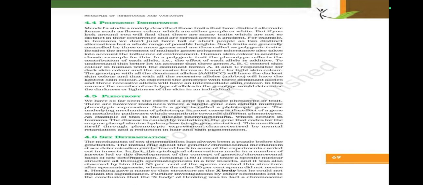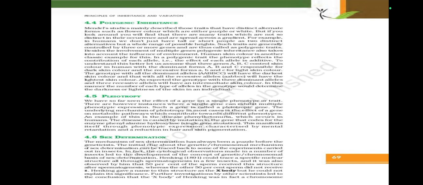Pleiotropy. We have so far seen the effect of a gene on a single phenotype or trait. There are, however, instances where a single gene can exhibit multiple phenotypic expressions. Such a gene is called a pleiotropic gene. The underlying mechanism of pleiotropy is, in most cases, the effect of the gene on metabolic pathways which contribute towards different phenotypes. An example of this is the disease